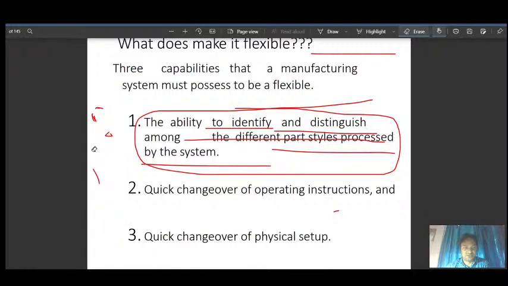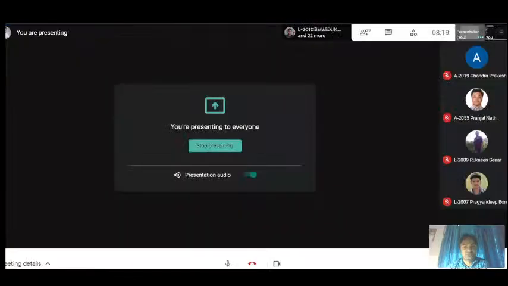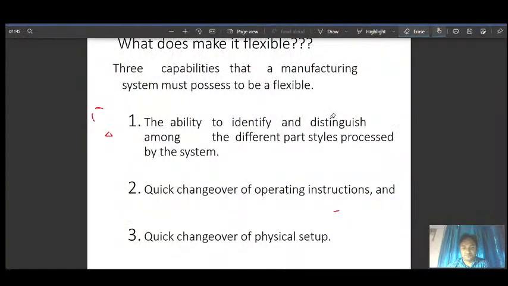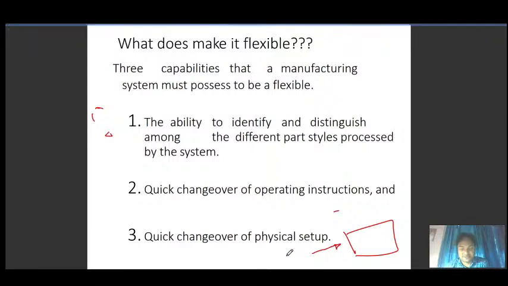Then quick changeover of physical setups. Sometimes you need to change the physical setup of the machine. Physical setup means machines are fixed, but sometimes you need to relocate them for each of the various operations. Because over time the processing steps have changed, whatever parts you were producing 5 or 10 years back are obsolete.